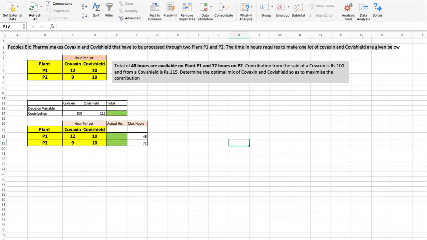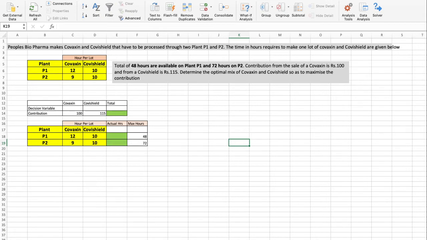Plant 1 makes Covaxin. For a lot, they take 12 hours for making Covaxin in plant 1, and for Covishield, plant 1 will take 10 hours to make a single lot.